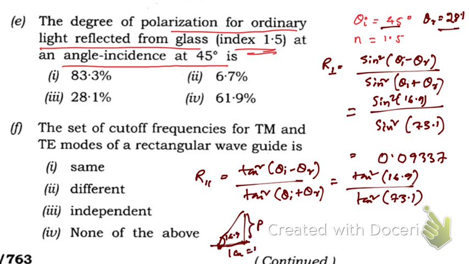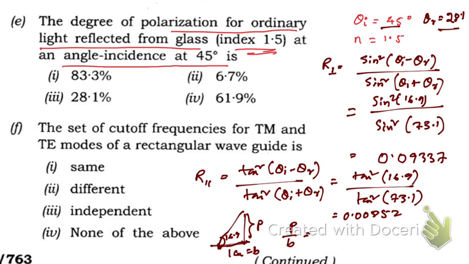This is the base. We know tan is equal to p by b, so then you're going to get the corresponding value of tan 16.9, then square it. Similarly, you can find this one as well. So then what will be the value? Then you're going to get approximately 0.00852. Okay, just let me write here